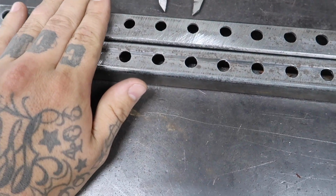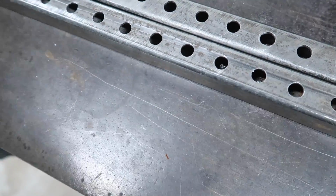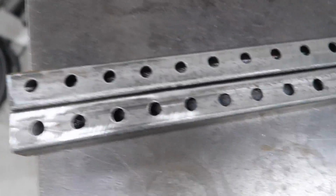Alright, so we have the plates that will go front to back, and then there'll be the round tubing that goes side to side to the tunnel. We have our plates